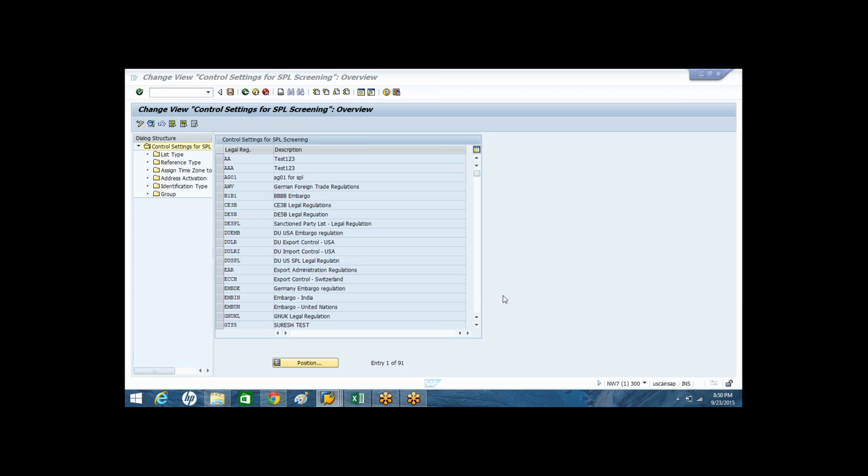That is what we already did for embargo, and that is what we have to do for SPL today, or even for legal control, import and export, letter of credit, or customs process. Whatever the module or application area, in SAP GTS, we define control settings at legal regulation level.